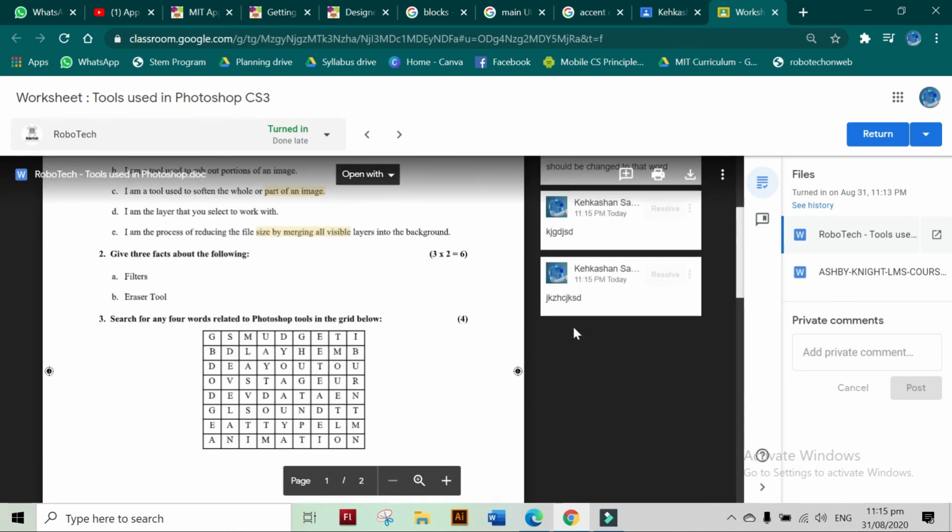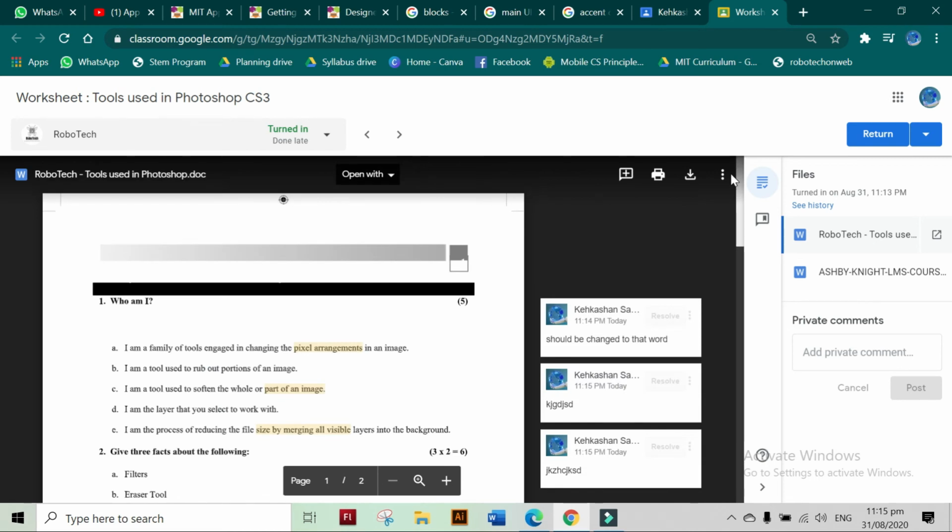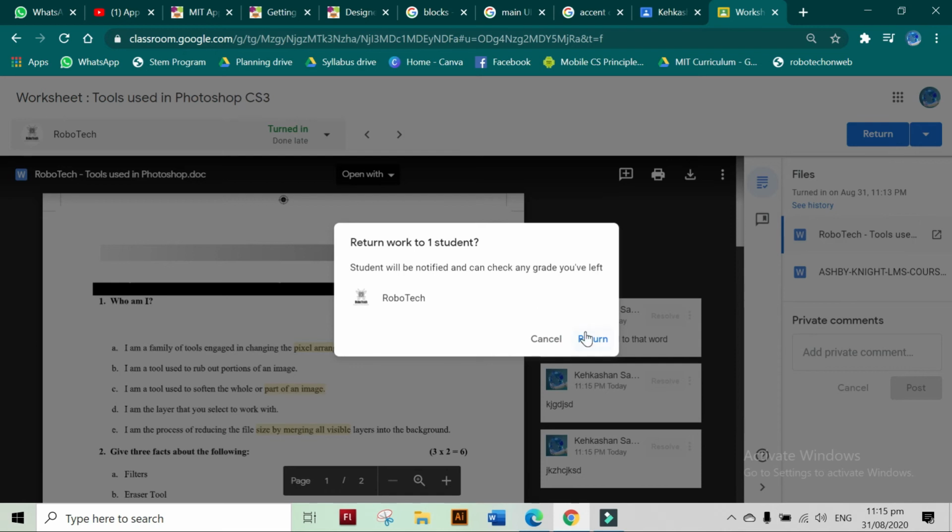So finally, when you are done adding all the comments and you are done with the corrections, you can click on return, and now it is returned.